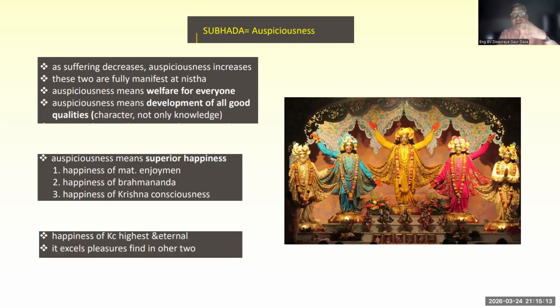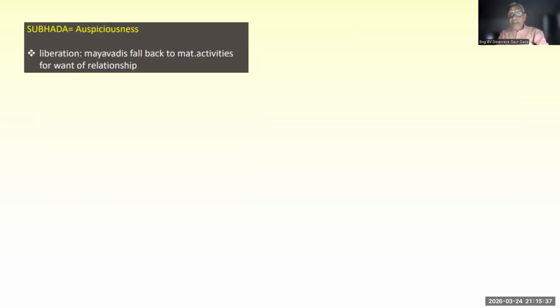So the first characteristic was Kleshagni, the second is Shubhada. Good things start happening when one is free from the kleshas. And auspicious things start happening because one accepts all kinds of miseries as blessings or mercy of the Lord, and then he is satisfied and contented. So these are part of sadhana bhakti.